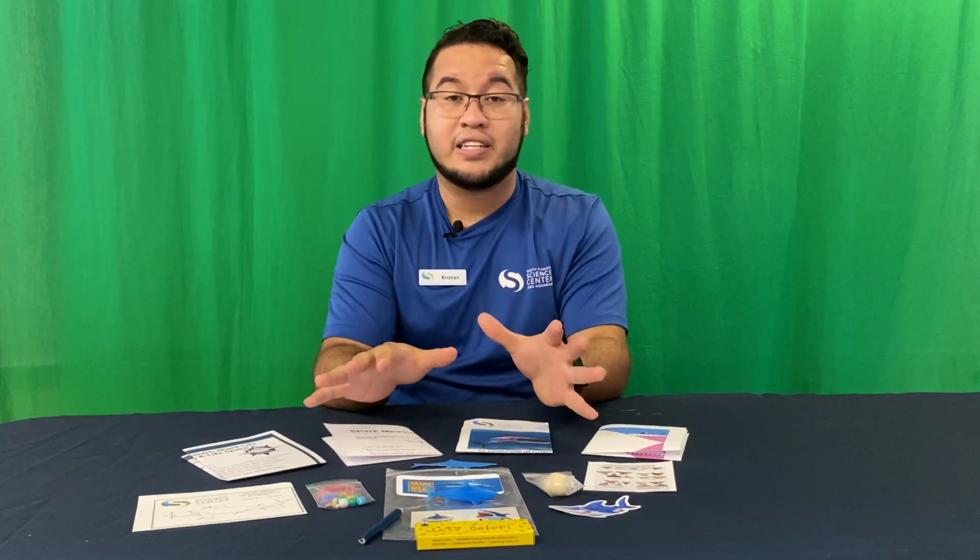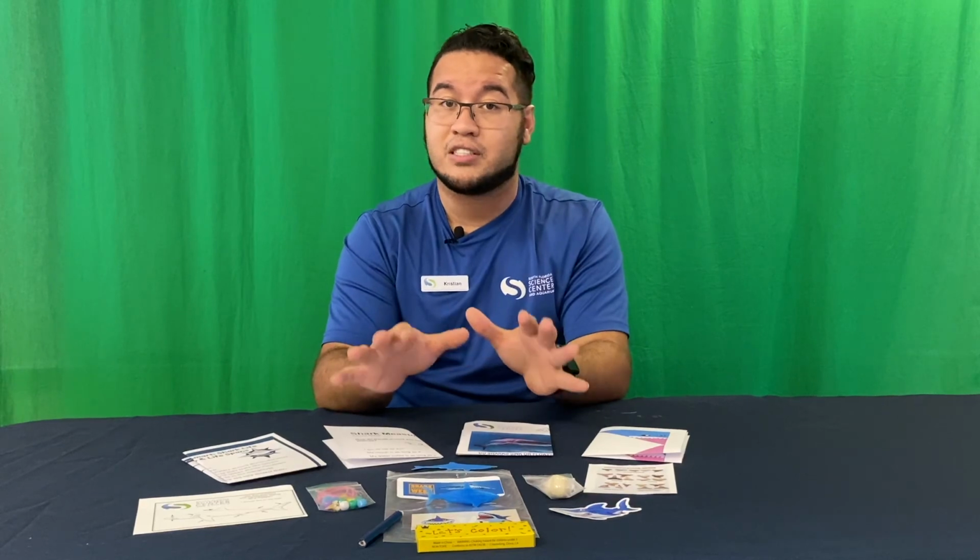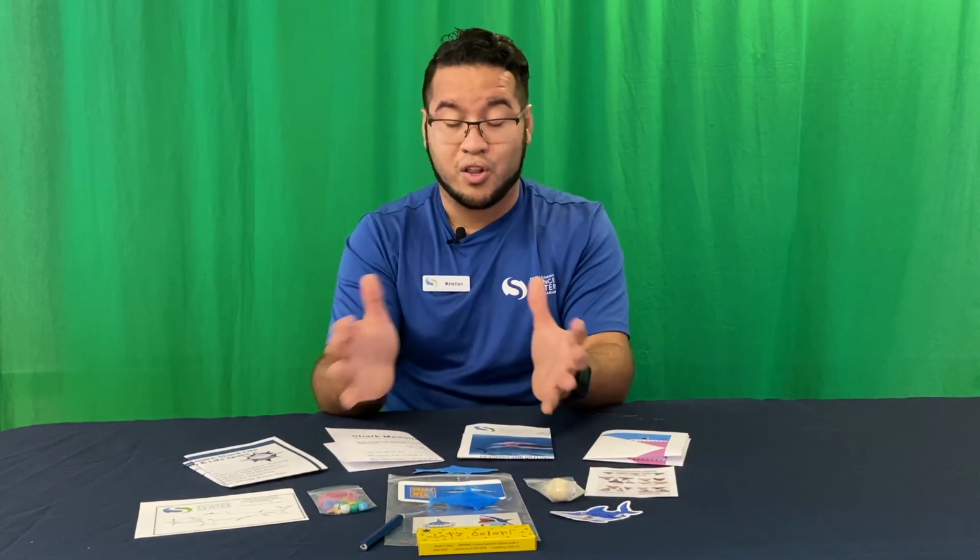Now, as you guys can tell, we are so excited for Shark Week coming up next week. Hopefully you guys are excited too. If you want to get your hands on one of these kits, but you can't actually make it out to the Science Center next week, you can actually purchase these kits online for just $5 and have them delivered curbside right to your vehicle. All of the proceeds are going to help continue our mission to open every mind to